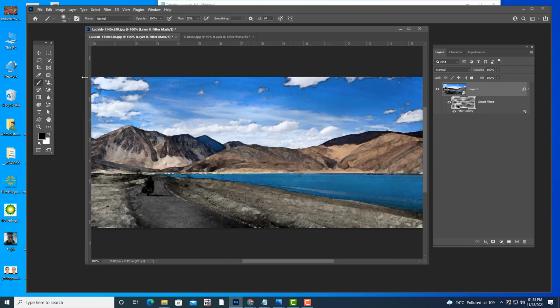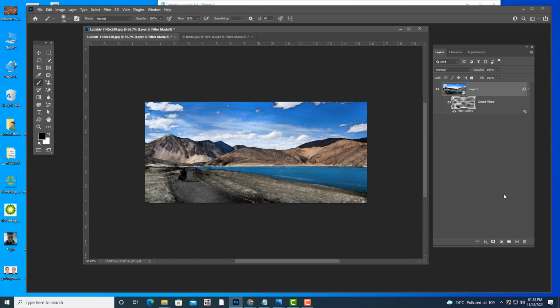Okay, see here, now it looks like some watercolor painting. Understood? So we can use filters like this.